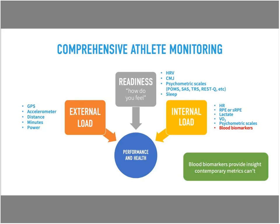We could also use the rating of perceived exertion, or RPE, extending that to the session RPE. Lactate, oxygen consumption, and psychometric scales are also variables that can be utilized. But one that's gaining traction over the last, I would say, 10 or 15 years in the world of athlete monitoring is the employment of blood biomarkers. One of the reasons why blood biomarkers are becoming an important component of monitoring internal load is because they provide important insight into the internal load, the physiological responses to the external load, that contemporary metrics simply